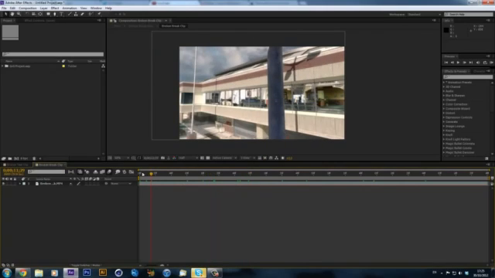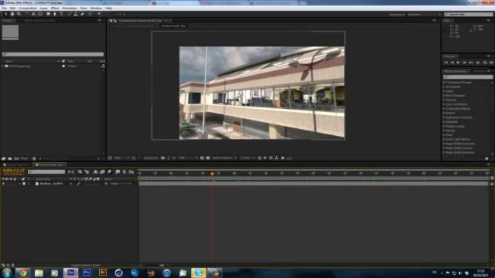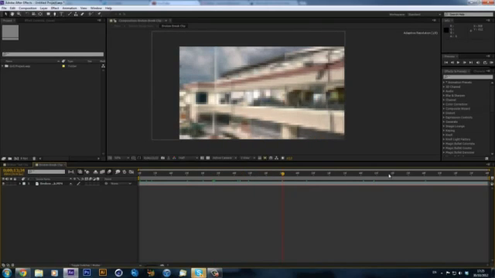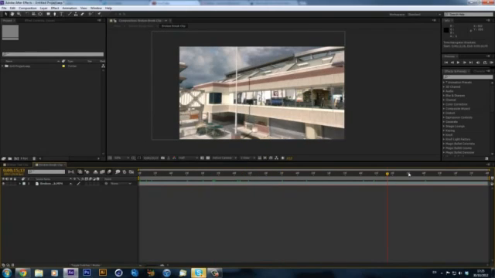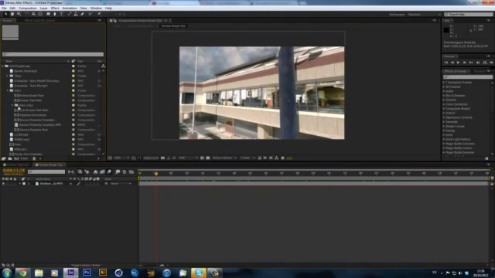Basically, what I've got here is a clip of a terminal where there's a lot of glass and it's all been shattered out. And now I want to try and recreate that glass. So I've trimmed it all down and scaled it up to get away from the bars and that. But what I will do is, I've actually imported all my project. And I can't find it. There